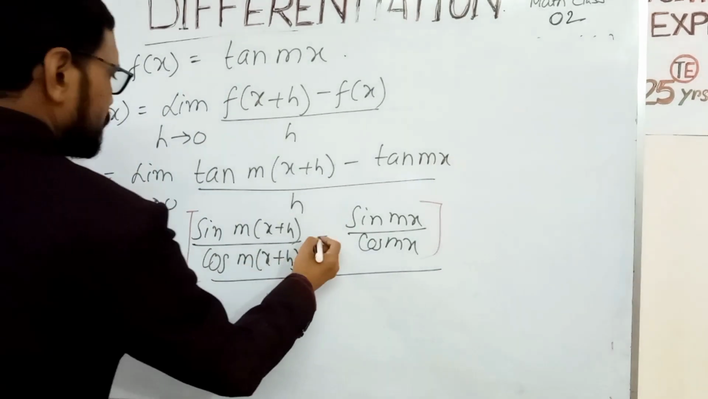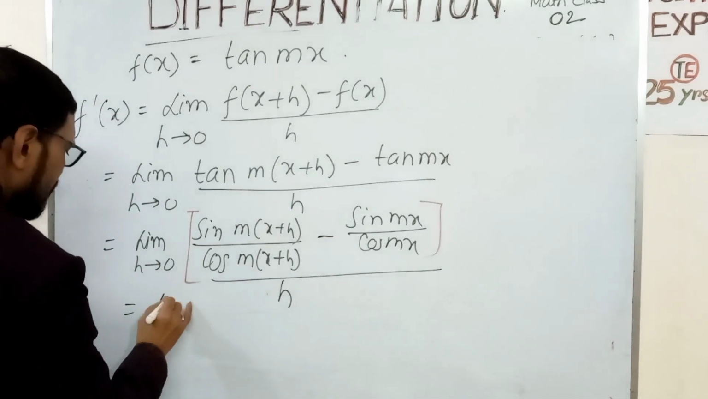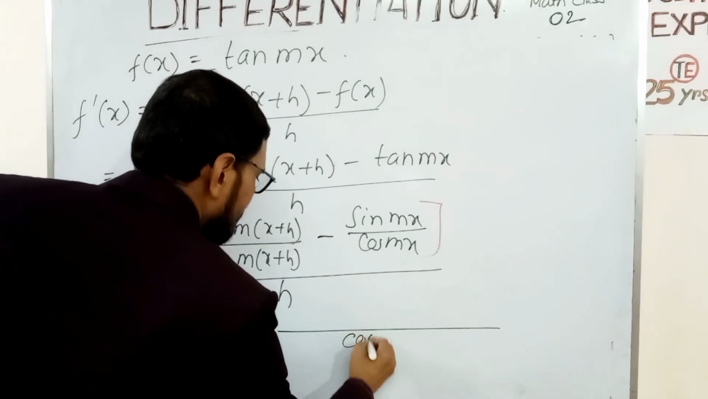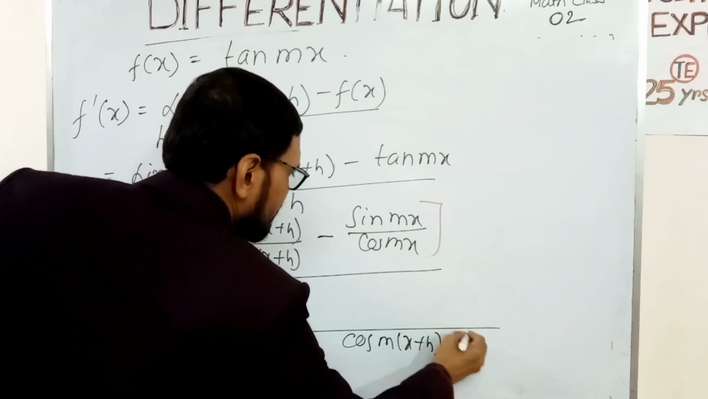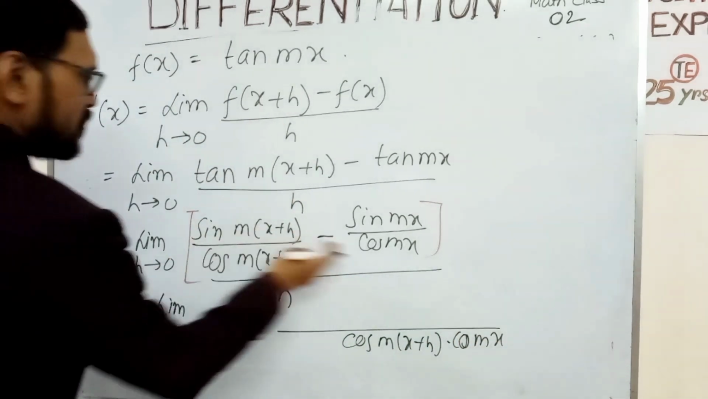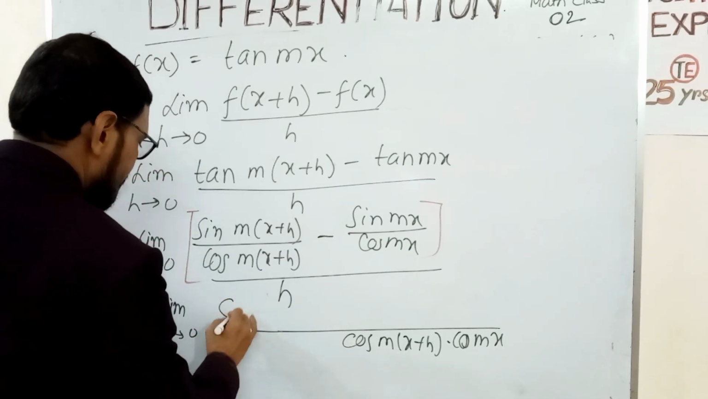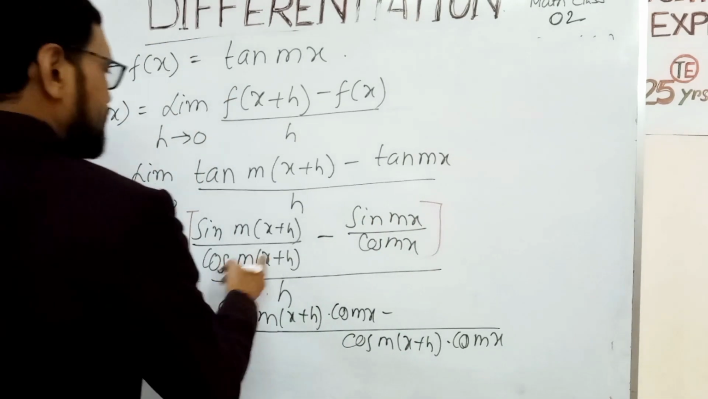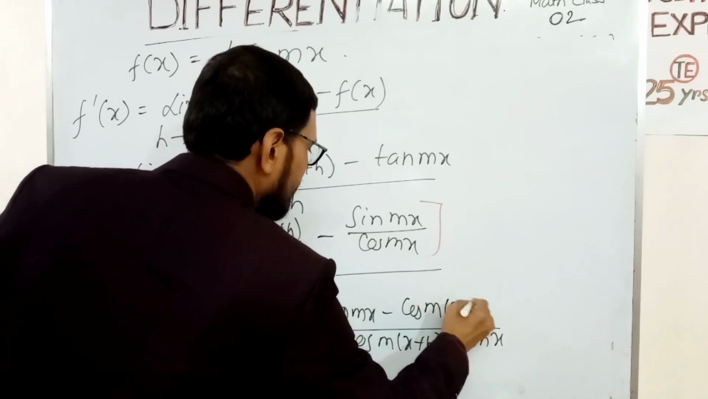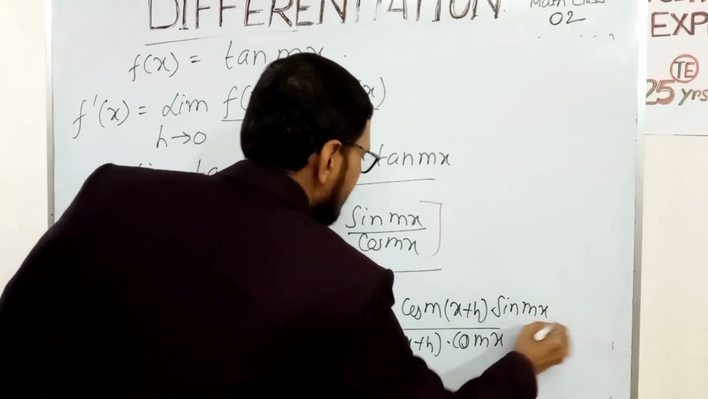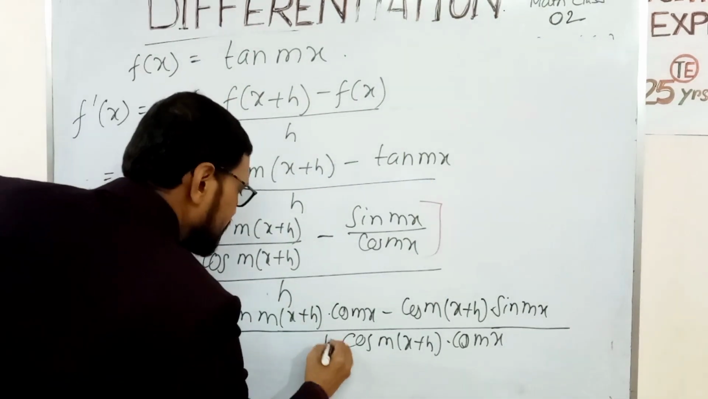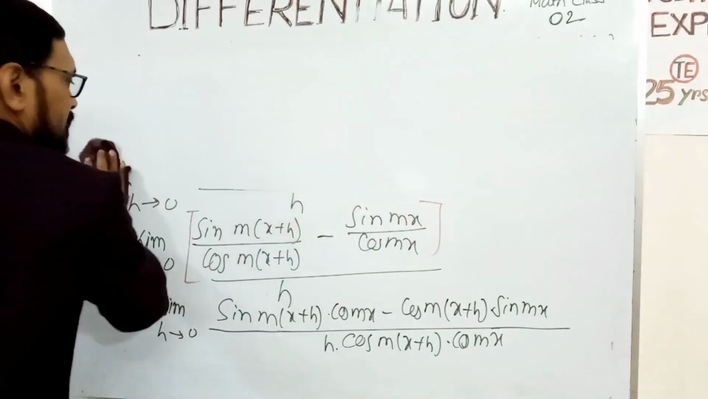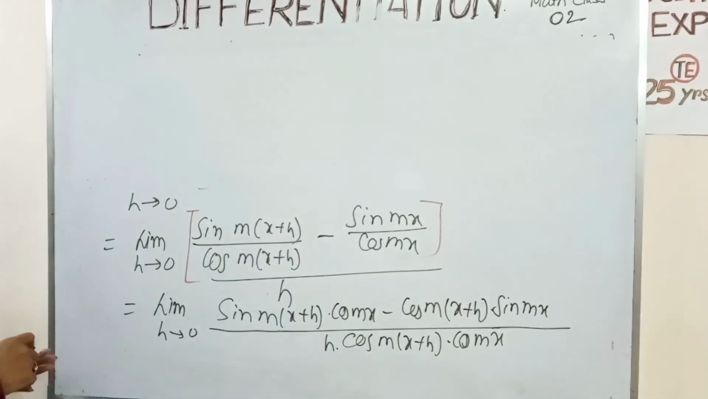Sin by cos. Now, so the LCM here will be this into this, minus this into this, into h. So this result becomes